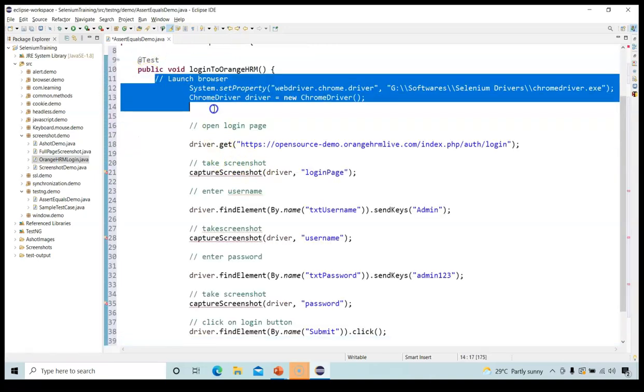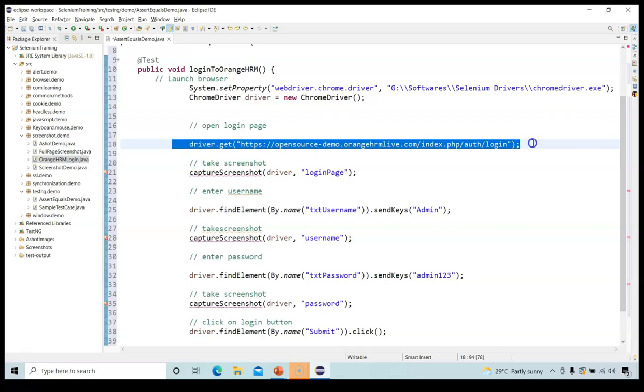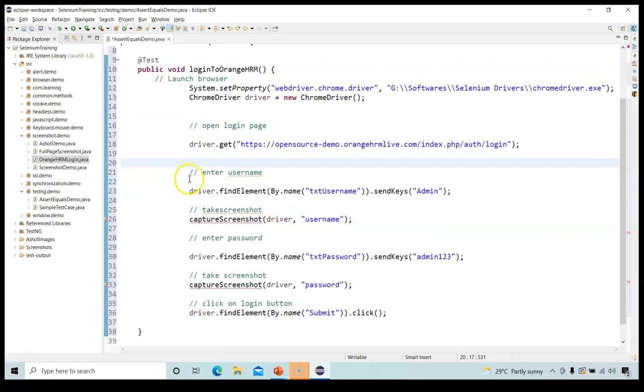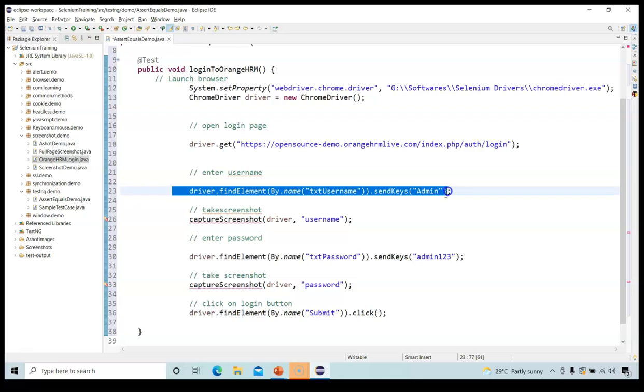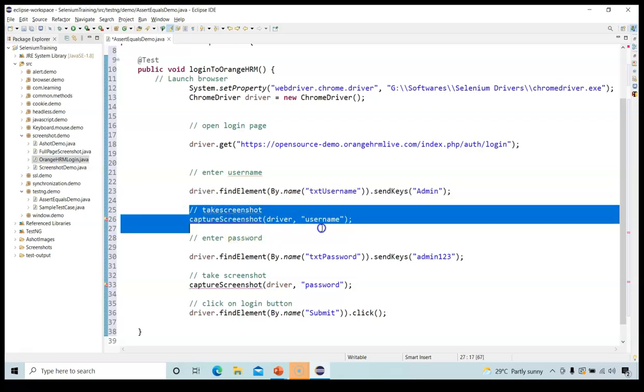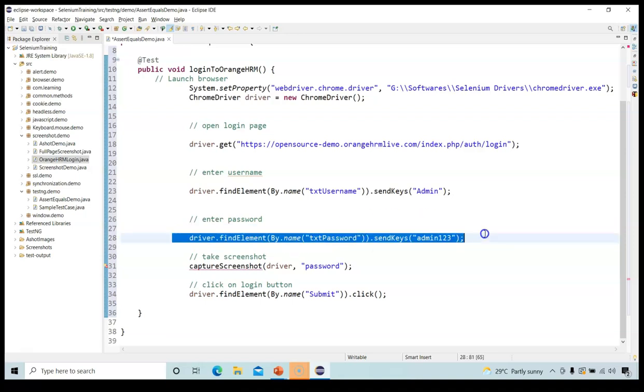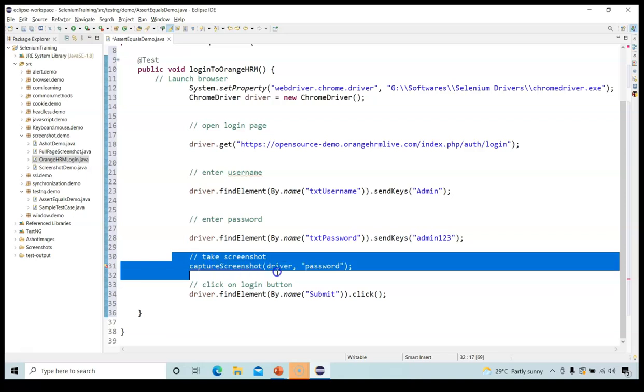Here you can notice these are the 2 lines of code to launch the Google Chrome browser. After that I'm opening the Orange HRM login page, and this is the line of code to capture the screenshot. For this video, I do not need any screenshot, so I'll delete this code. Here I'm entering the username, then again taking the screenshot, so let's delete it again. Now here I'm entering the password, and after entering the password again a screenshot is captured, so let's delete this